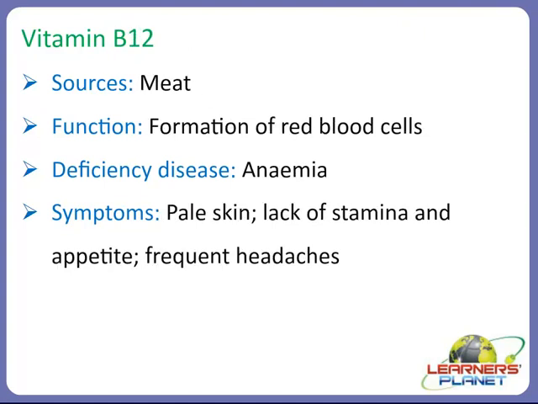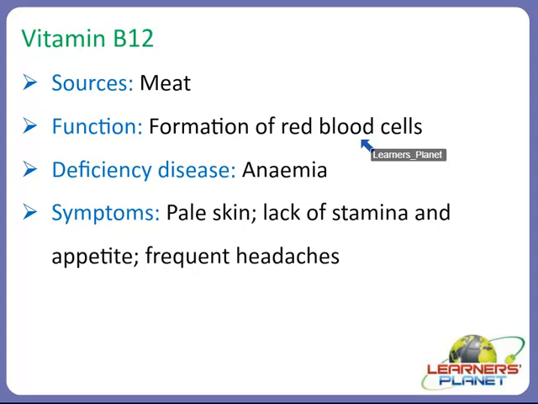Yes, vitamin B12. The rich source of vitamin B12 is meat, right? But don't worry if you are not able to eat meat or if you are a vegetarian. The alternative food which we can take is soya bean, right? Because it is also very rich in protein. As meat is also rich in protein, the alternative food for vegetarians is soya bean. The function of vitamin B12 is the formation of red blood cells, right?